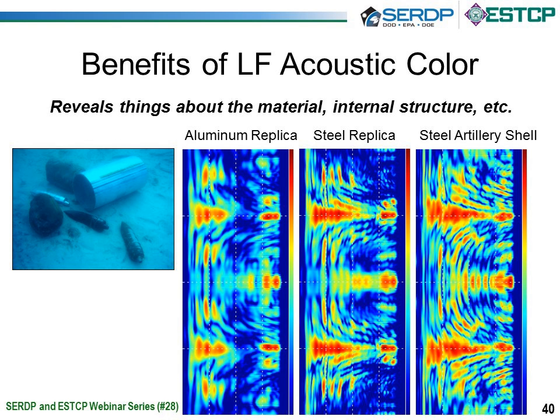Now this is showing some of the spectral features that you can recover from the data. These are actually pieced together from a series of linear scans, but what you can see is that each of these objects, which are shown in the inset image at the top left, are a steel artillery shell plus a steel replica and an aluminum replica. You can see that many of these spectral features are different, particularly for the aluminum replica, because of the different material properties. And these are things that we're queuing on when we're doing classification work.